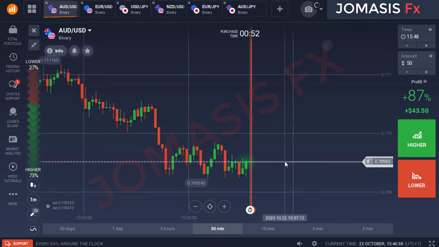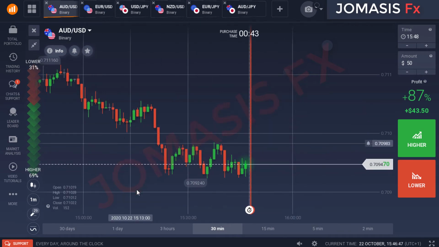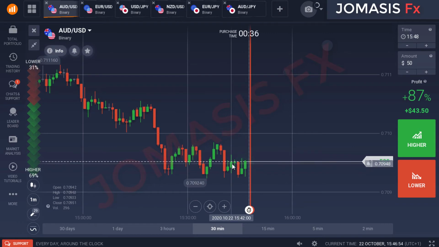Like you place a trade and the market should go up, and the market is just sitting there. It's not going up, it's not going down. So you're going to lose the trade. That's why you have to check the market volume, to ensure that people are in the market and there are a lot of transactions going on in the market.